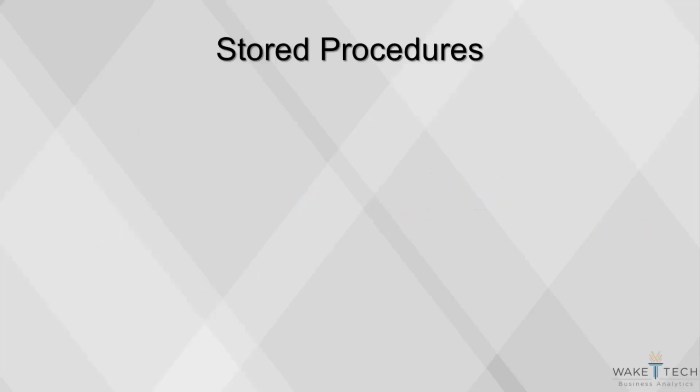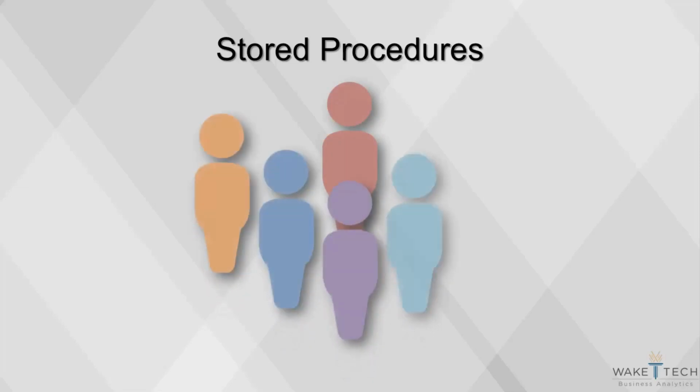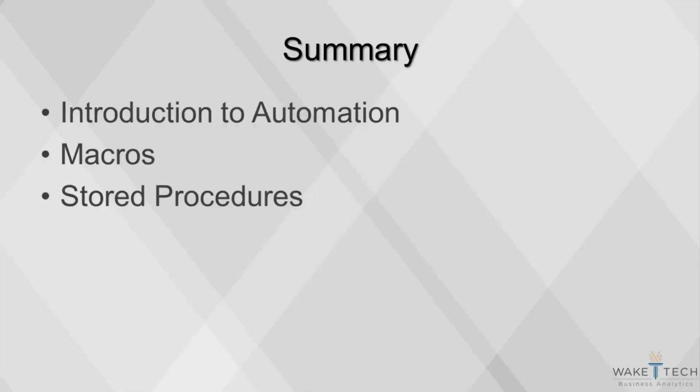Depending on the tools being used and the amount of data being processed, productionalizing an algorithm can be either a simple task for one analyst or a multi-year project involving many analysts, project managers, database administrators, documentation writers, and quality assurance specialists. In these cases, management methodologies such as agile software development are used to coordinate team members and progress through the project lifecycle. This concludes our video on automation. Today we covered a brief introduction to automation, macros, and stored procedures.